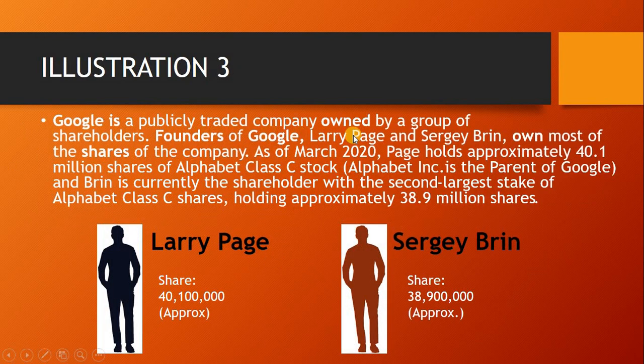Google is a publicly traded company owned by a group of shareholders. Founders of Google, Larry Page and Sergey Brin, own most of the shares of the company. As of March 2020, Page holds approximately 40.1 million shares of Alphabet Class C stock. This is the parent of Google. And Sergey Brin is currently the shareholder with the second largest stake of Alphabet Class C shares, holding approximately 38.9